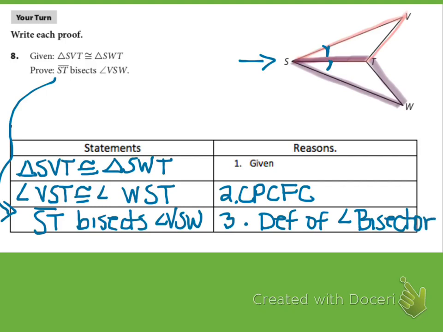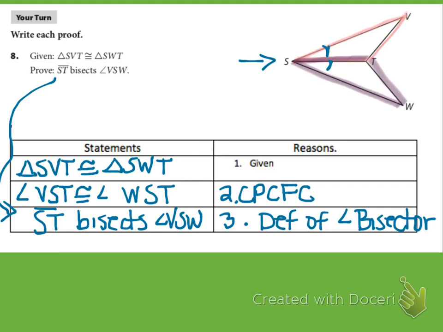So essentially what you're doing is you're just trying to find a way to explain what you're trying to prove is true to some other person reading your proof. And you're just giving a set of logical steps, and sometimes there's really just one way to do it. Like in this case, we had to prove those two little angles were congruent so that we could show that was the